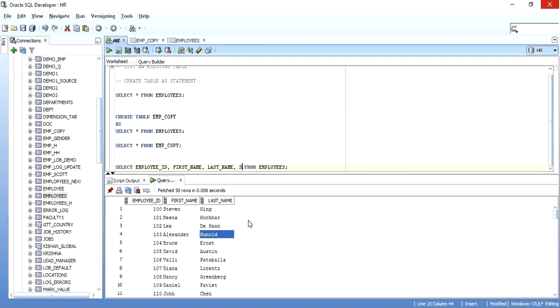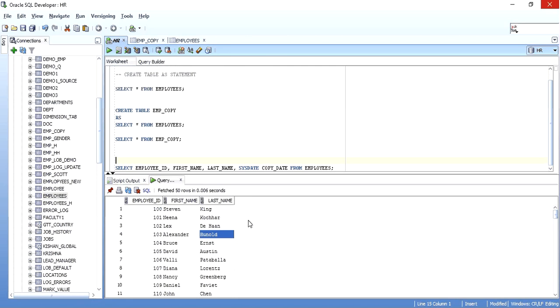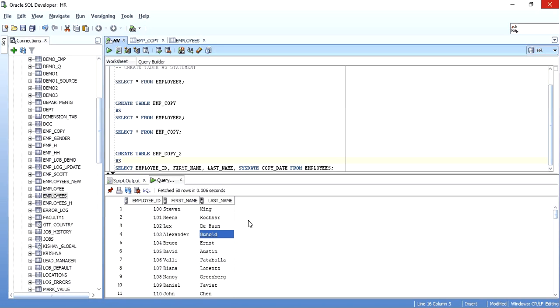So I'll give sysdate as copy date. So I want to create a new table this way. Then the statement would be like create table, the new table, that is emp_copy_2 as, and this select statement: select employee_id, first_name, last_name, sysdate as copy_date.